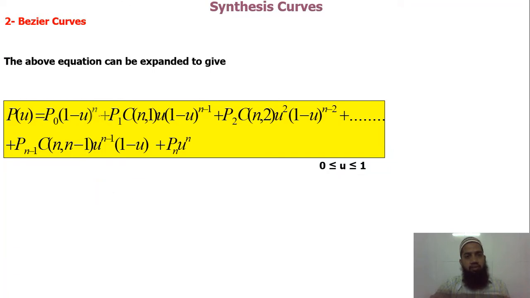Initially it will be n, because as you all know, it is having the 0 to 3. So initially the 3 is the control point, it will be 3 here, or here will be 2, here will be 1, and P0, P1, P2 and P3, so on. Okay, so just remember this formula.